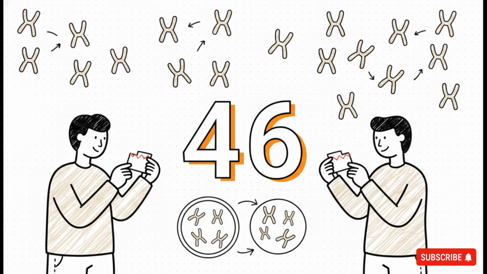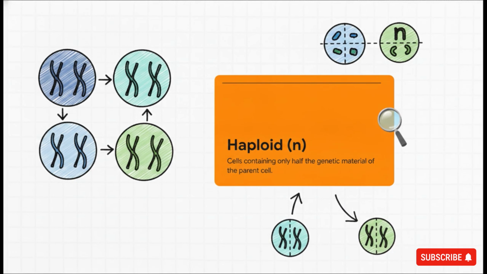Every single time your skin cells divide to heal that paper cut we talked about earlier, the new cells emerge with exactly 46 chromosomes, complete identical genetic payloads. They're exact clones. But meiosis plays by totally different rules. It produces haploid cells, which we just write as a lowercase n. Instead of copying the genetic material perfectly, meiosis intentionally cuts the genetic material right down the middle. It essentially halves the payload.